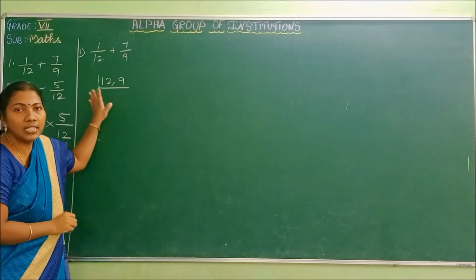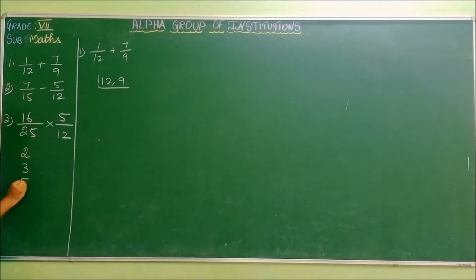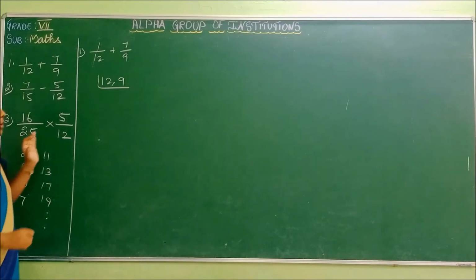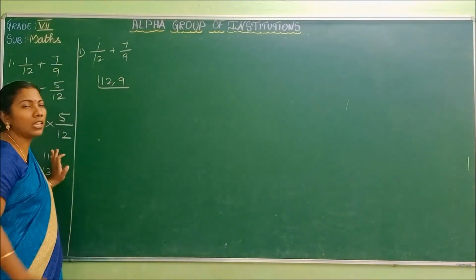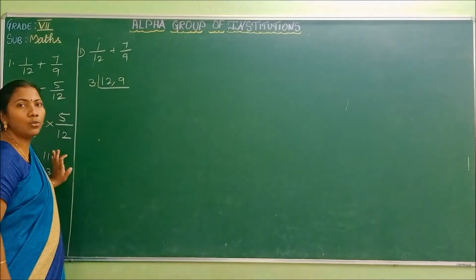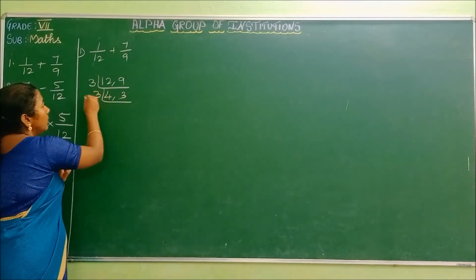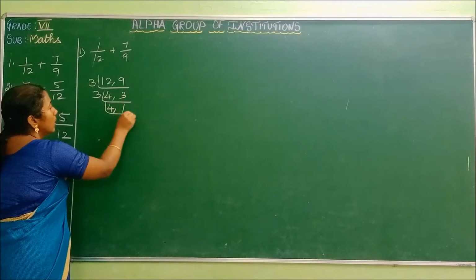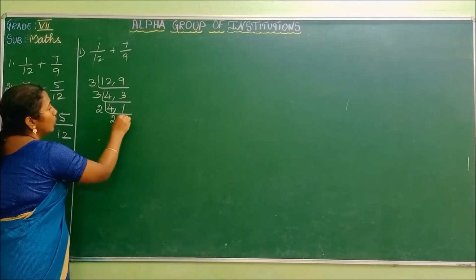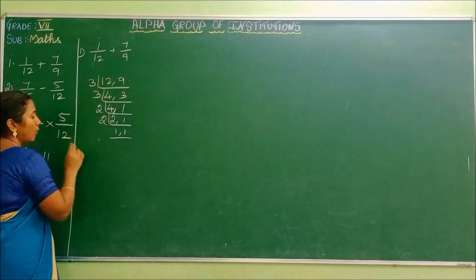So we have to factorize these numbers by using the prime numbers. What are the prime numbers? 2, 3, 5, 7, 11, 13, 17, 19, etc. So in the process of factorization, you must use the prime numbers. See, both the numbers are divisible by 3. So first of all, I am using the number 3 to divide these two numbers. 4 3s are 12, 3 3s are 9. Again I am using 3. 3 does not divide 4, so write the 4 as it is. 3 1 times. So I am dividing the 4 by 2. 2 2s are 4. Write the 1 as it is. Again 2 1 time, 1 time. Thus we have factorized the given denominators.